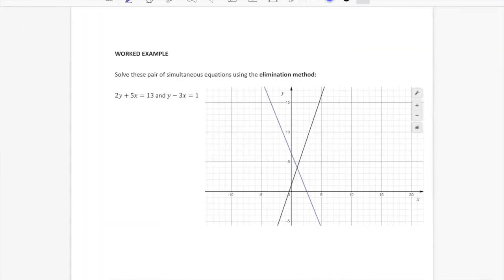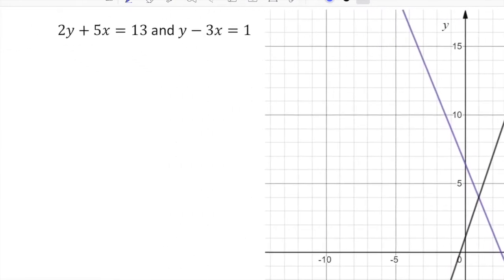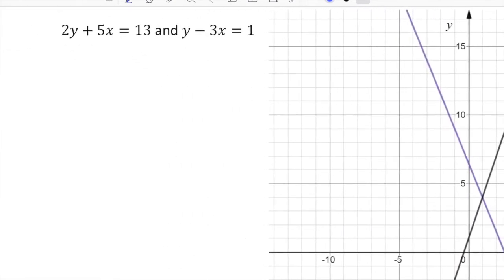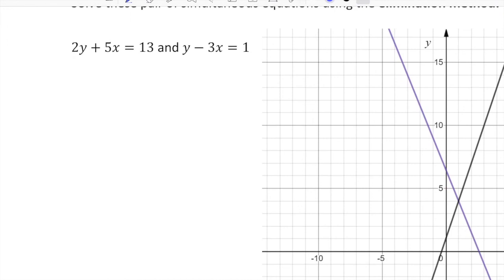So now I'm going to move on to another example where we're using the elimination method, but this one will require a little bit more work than the previous example. So what you can see here is two different equations. I'm going to say 2y plus 5x equals 13 is equation 1, and then y minus 3x equals 1 is equation 2. So if I write them the way that I did before, like in a stacked method,